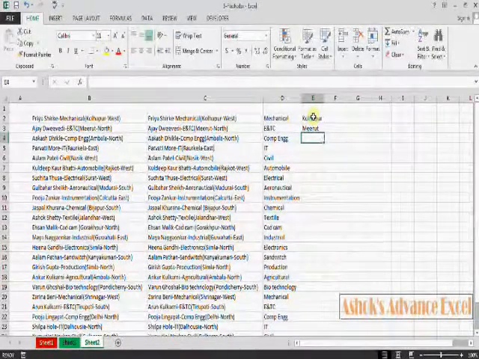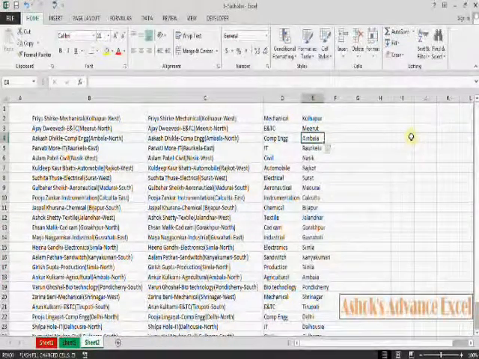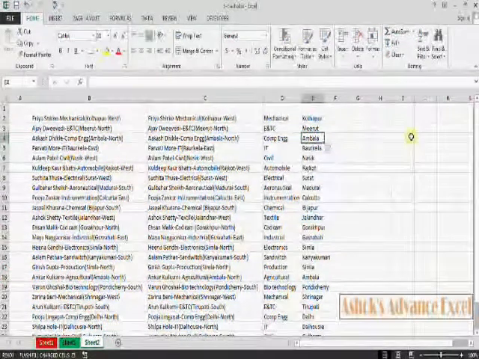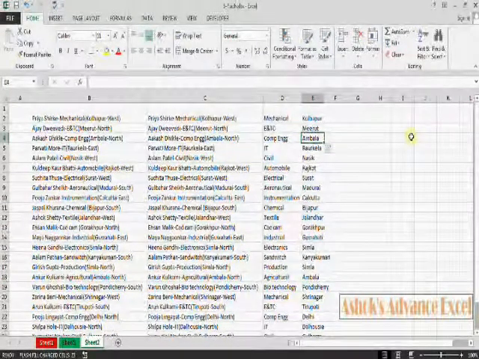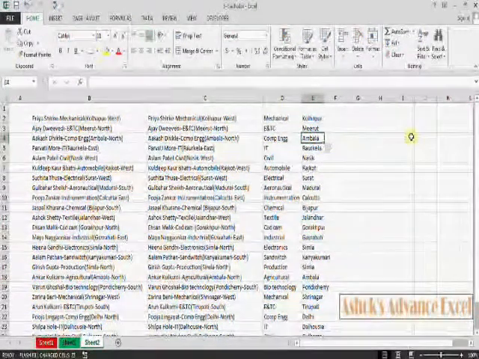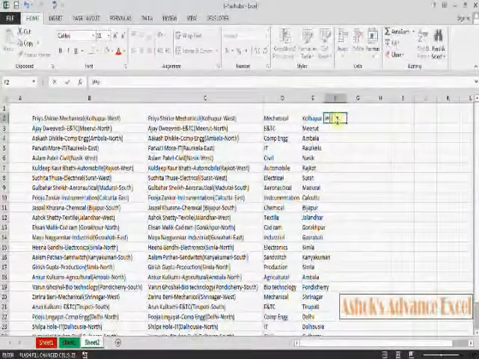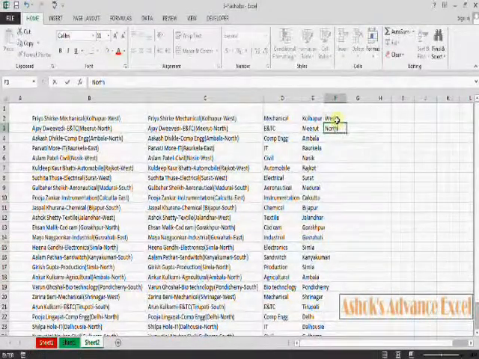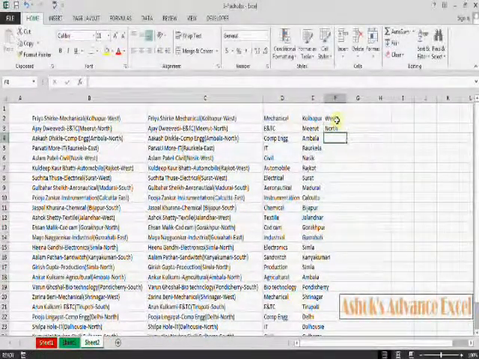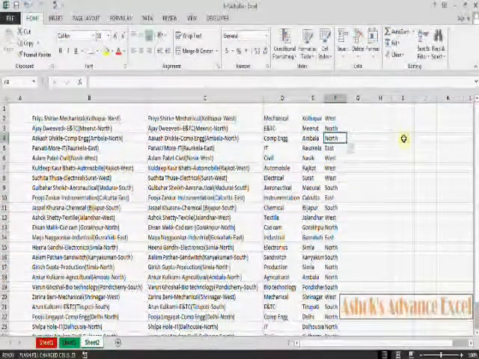So go to fill, click on flash fill, and now all records have come out. So this way we can use flash fill. In the next column you can write West. In the same way we can get all records. Click on fill and flash fill, so it will give all records.